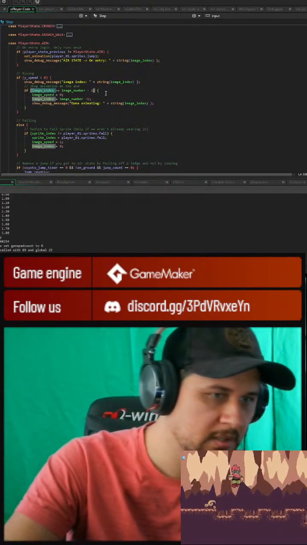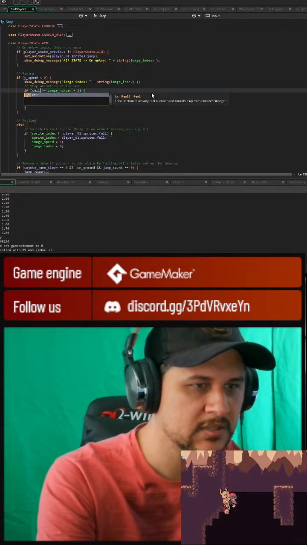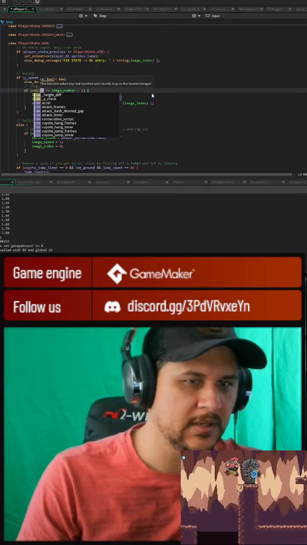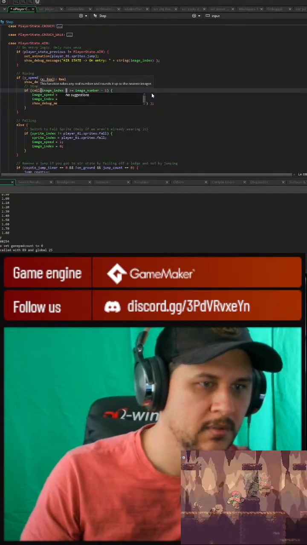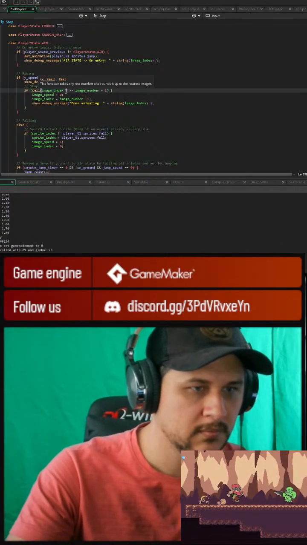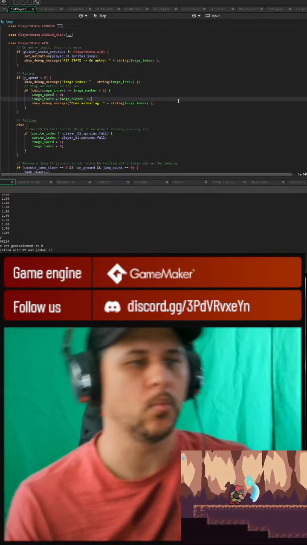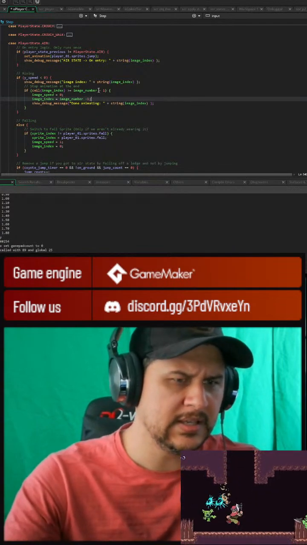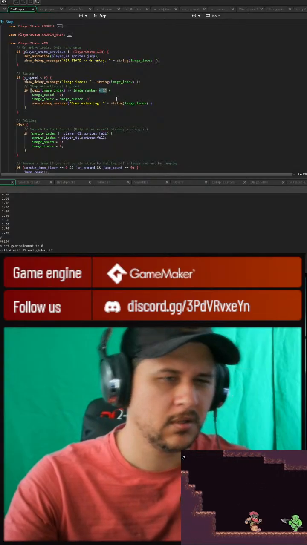Can I do ceiling? Let me see. Ceil. What is it? How does it run? This function takes any real number and rounds it up to the nearest integer. Rounds it up. Yeah, I need it to be rounded up. Right, so if it's like 0.3, I need it rounded to 1. And then I don't think I need to do -1, because if it's 0.3 or trying to be 0,